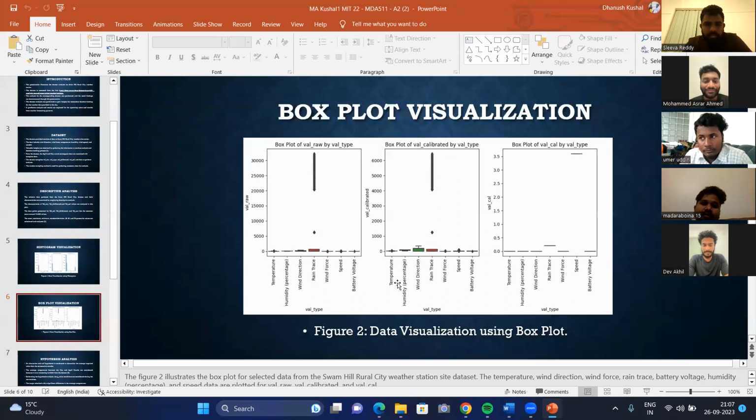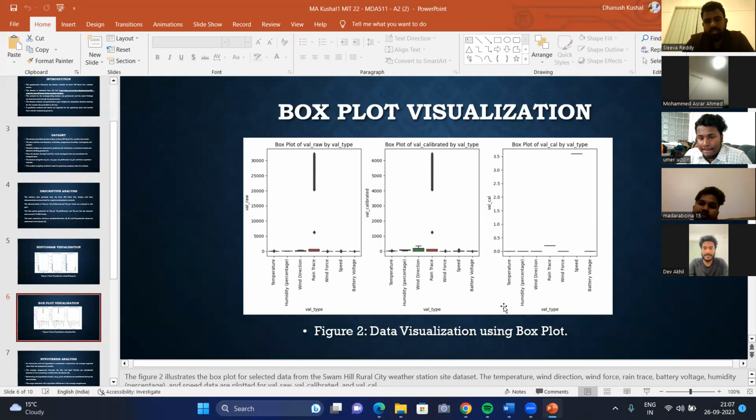The third box plot is for value calculated, with values such as 0.5, 1.0, 1.5, 2.0, 2.5, up to 3.5 at the last.